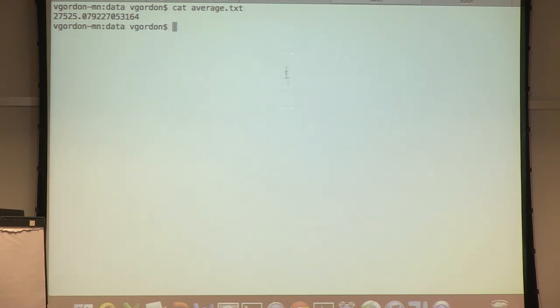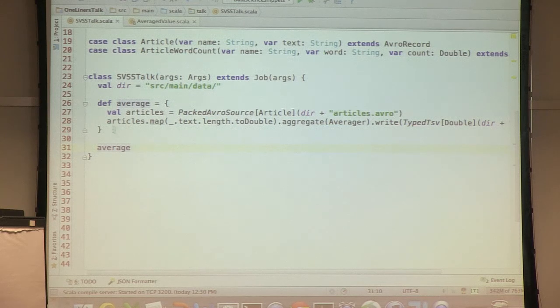Okay, that's a nice start, but obviously we don't need Scalding in order to do that. And a lot of the time we don't want to do just average. We want to understand how our data looks for each variable, and we want to get additional features. For example, the average, the count, the sum, and also the standard deviation, the skewness, the kurtosis of our distribution.